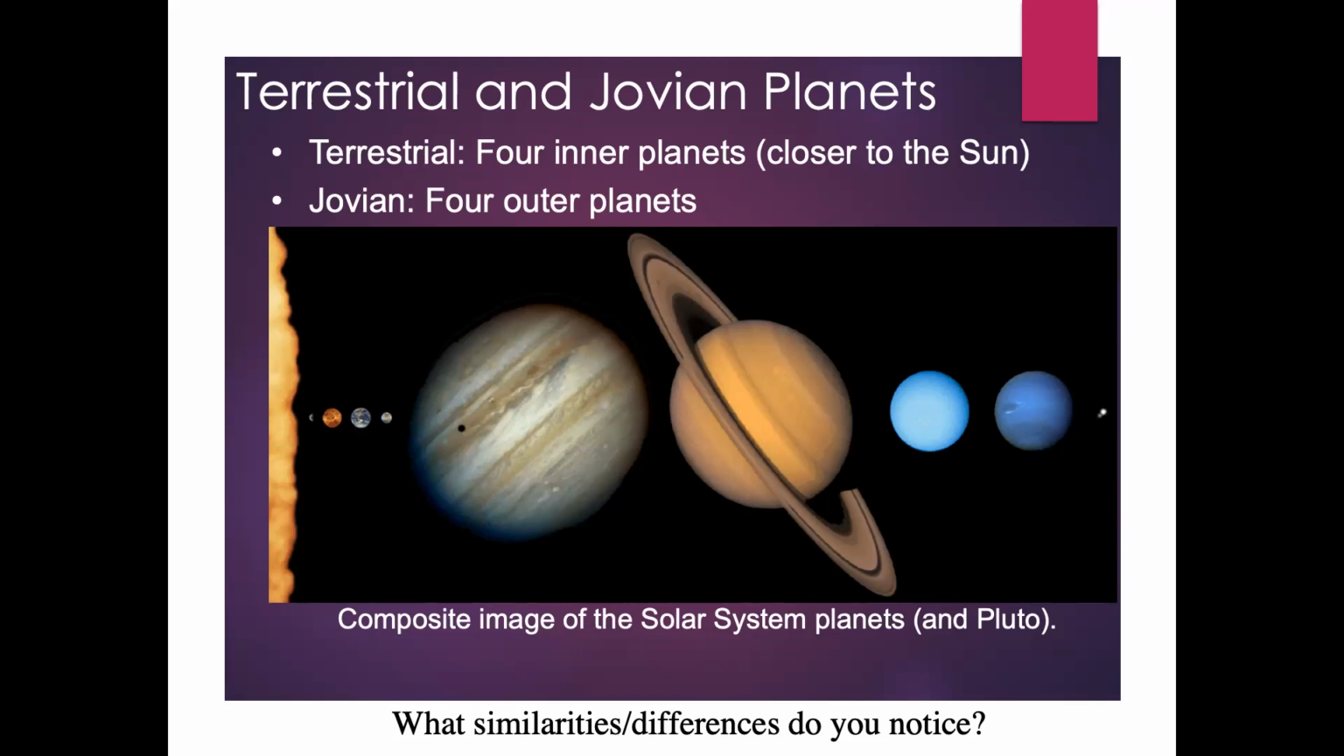So Venus, Mercury, Mars, Earth. That was not in order from the sun. That was just me naming them. In order from the sun, that would be Mercury, Venus, Earth, Mars. They are all rocky planets. Notice in this image, Mercury, Venus, Earth, and Mars are relatively small compared to the other four planets